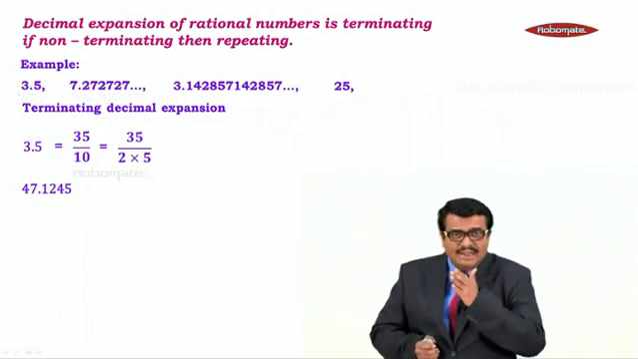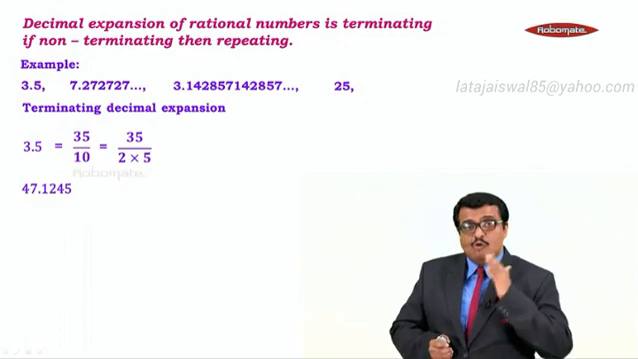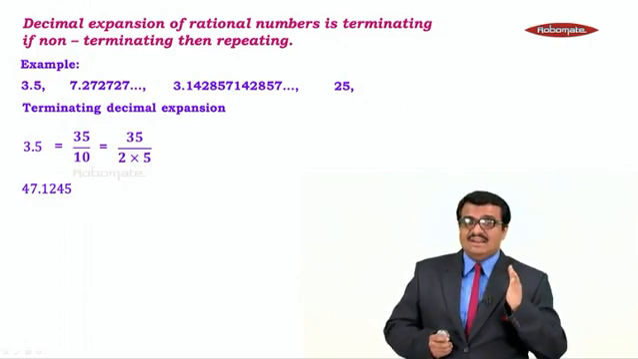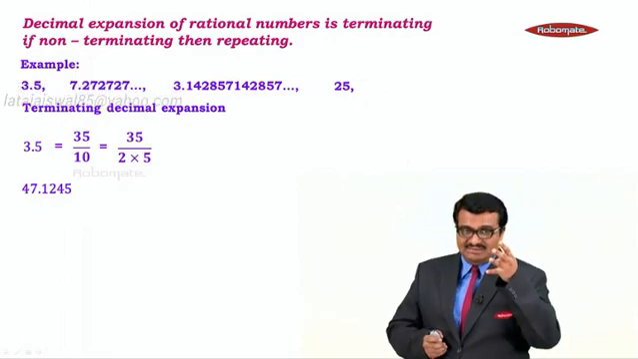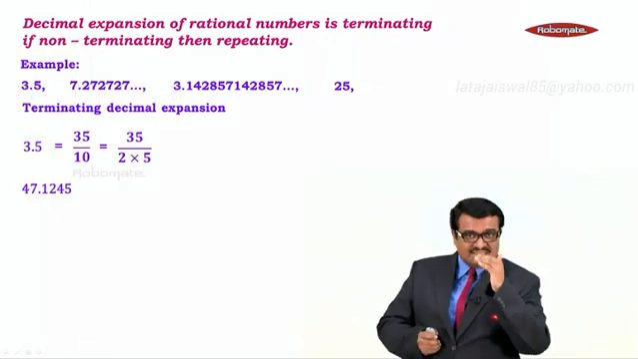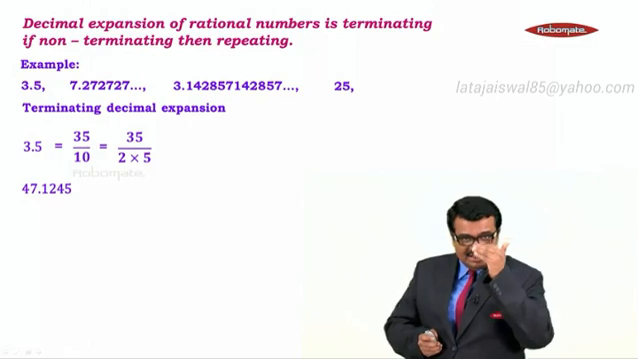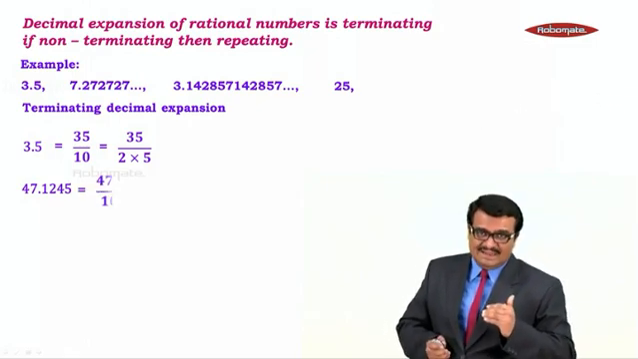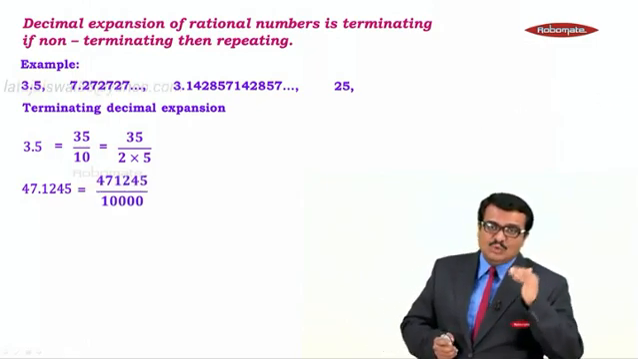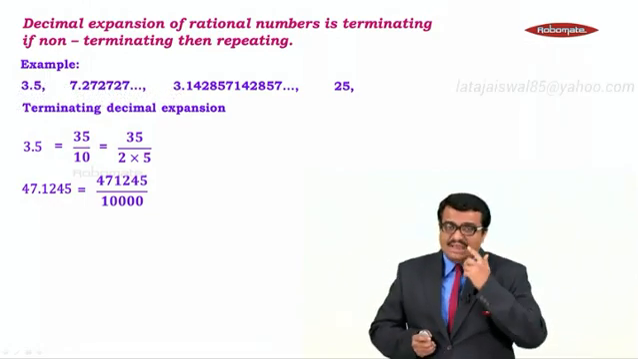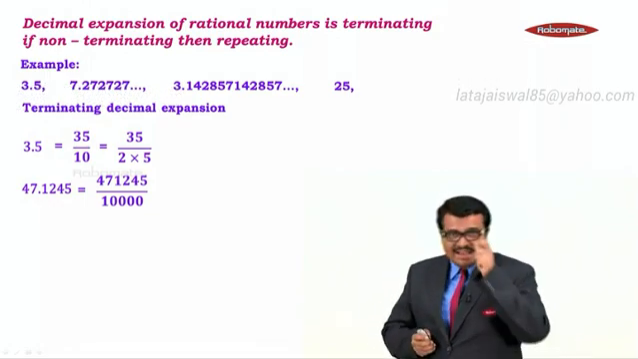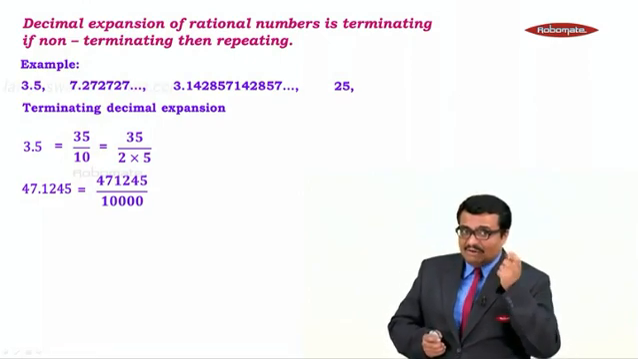The next number, 47.1245. How many digits are there after the decimal point? 4 digits after the decimal point, right? So what we will do, we will multiply by that number which has got 4 zeros in it. That is 10,000. So if I multiply this number by 10,000 in the numerator and 10,000 in the denominator, I get 471245 upon 10,000. Correct? So now let us write this 10,000 in the powers of 2 and 5,